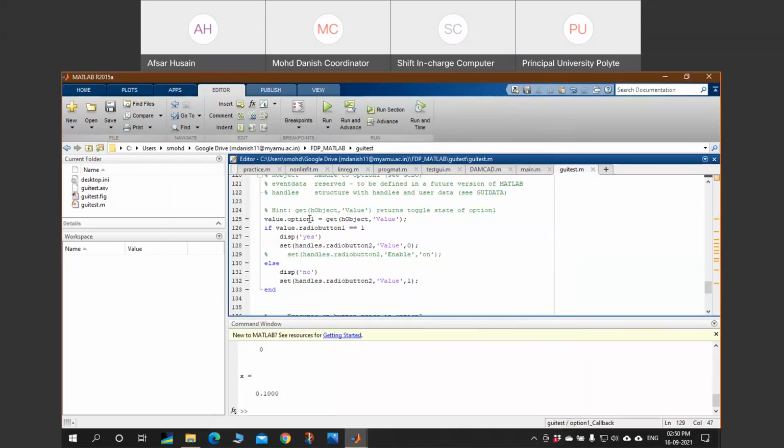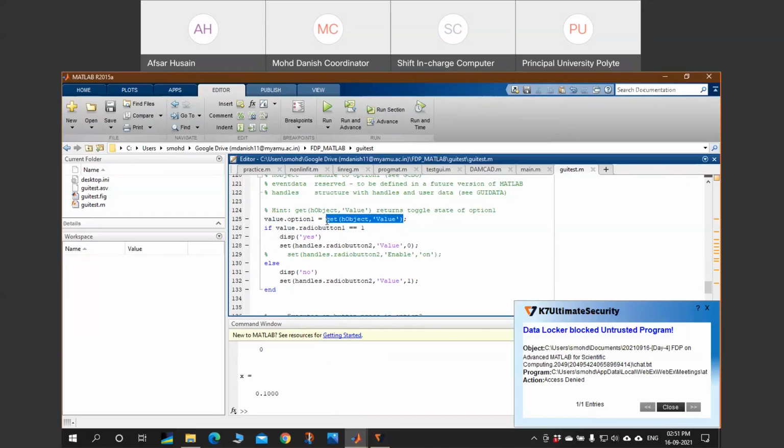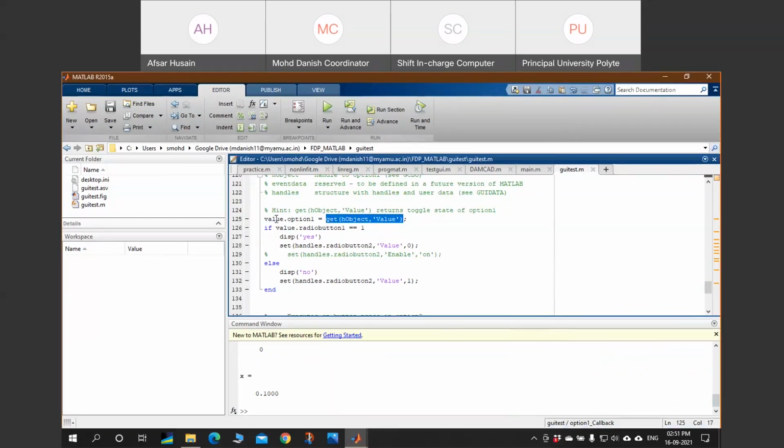So if the user selects option 1, this get h object value will be equal to 1, and that 1 will be stored in this particular structure. I hope this is okay.